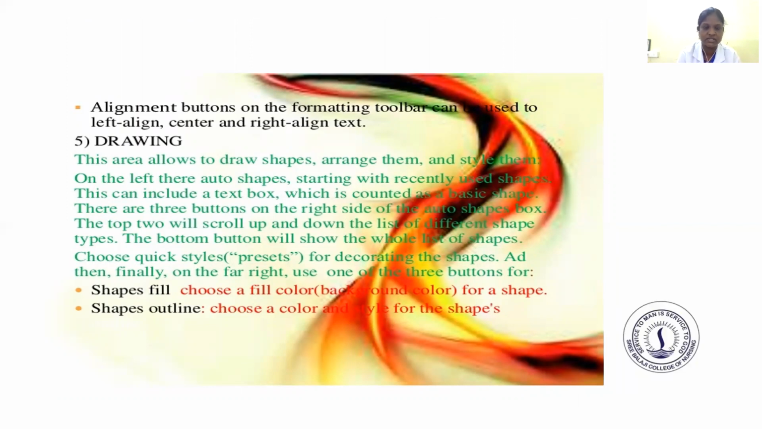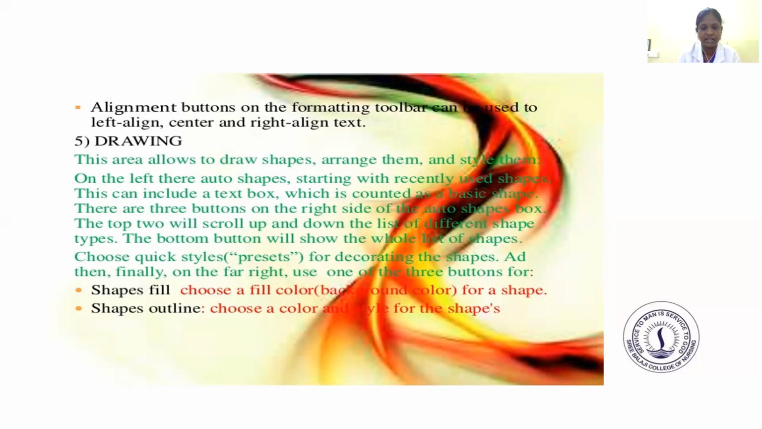Then next one is the drawing. This area allows you to draw shapes, arrange them and style them. On the left there are auto shapes, starting with recently used shapes. We can insert the text box, which is counted as a basic shape. There are three buttons on the right side of the auto shape boxes. The top two will scroll up and down the list of different shape types. The bottom button will show the whole list of shapes. Choose quick style presets for decorating the shapes, edit them, and finally on the far right use one of the three